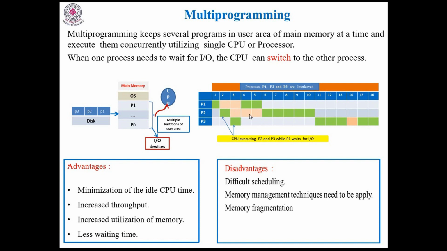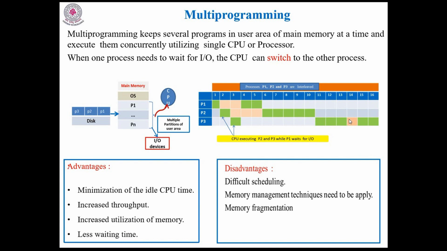After some time, P2 is also waiting for the IO devices. When it is waiting for the IO devices, the CPU is allocated to P3. When P3 is busy with the CPU, during this time you see that the P1 IO task is completed, and immediately the CPU is allocated to P1. After finishing the P1 task, the CPU is allocated to the P2 task. Once the P2 task has been completed, the CPU is allocated to P3. During P3, let us look into this: 1 millisecond of CPU idle time.